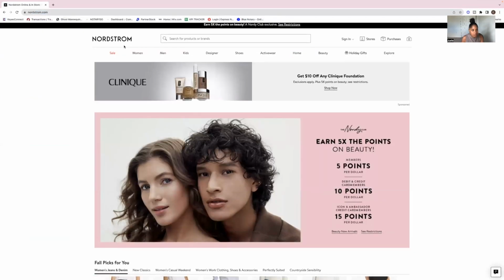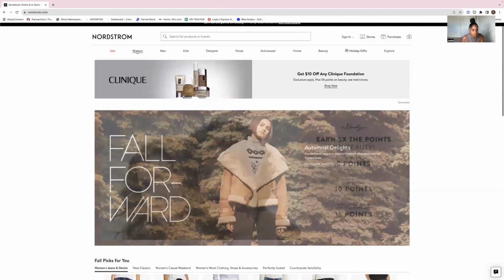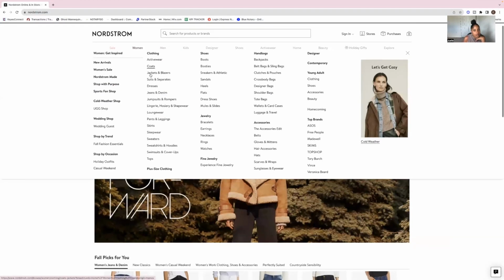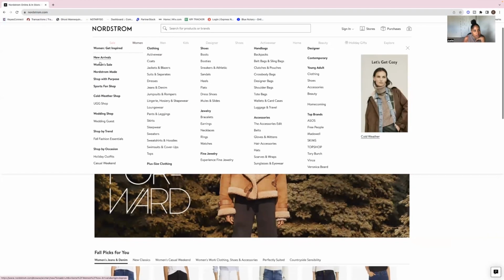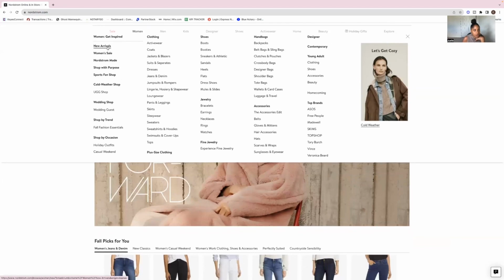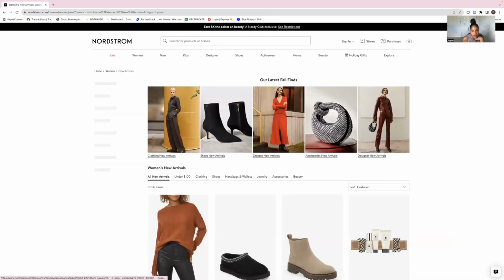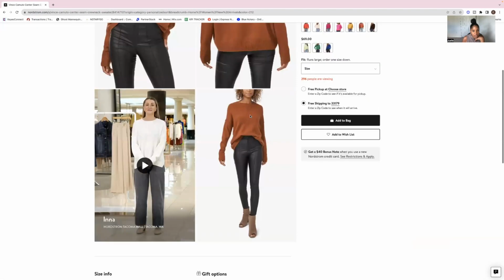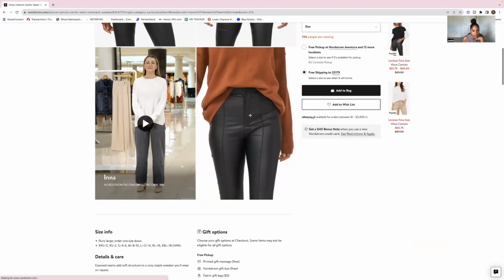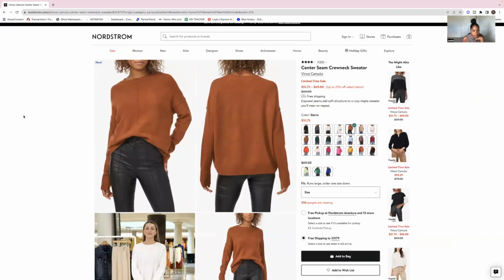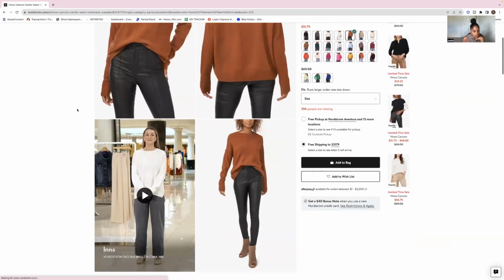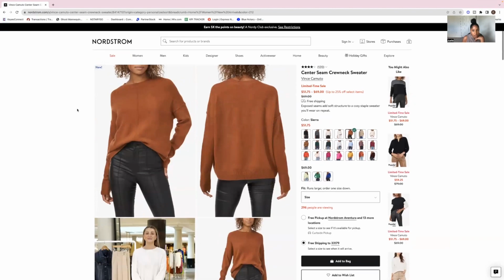So let me go to Nordstrom.com, and then I'm going to go to the women's section. I'm going to pick some of their new arrivals so we can do a fall one. This is a cute little sweater from Vince Camuto. They don't have the option that's cut out,